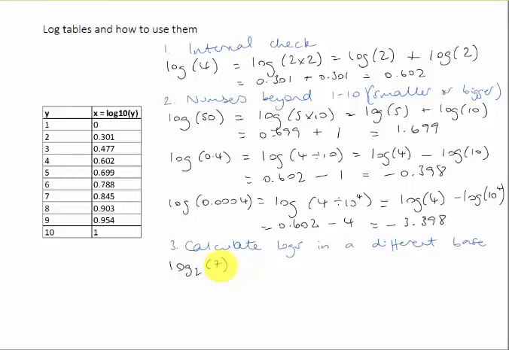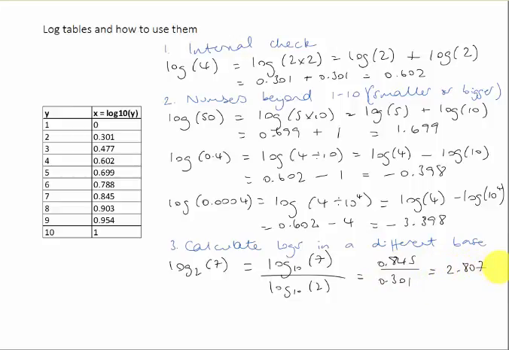So we could use the formula that you've learnt to work out that it's the log in base 10 of 7 over the log in base 10 of 2. So the log of 7 is 0.845, the log of 2 is 0.301, so we can just divide those, and that is equal to